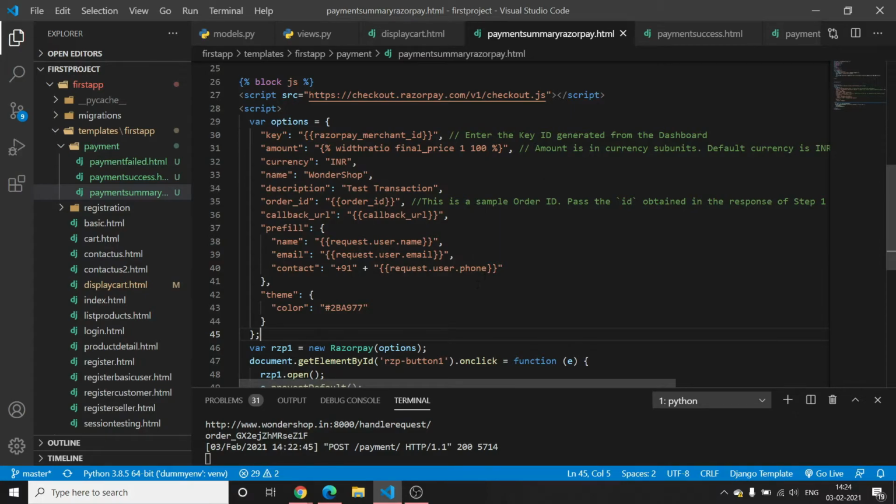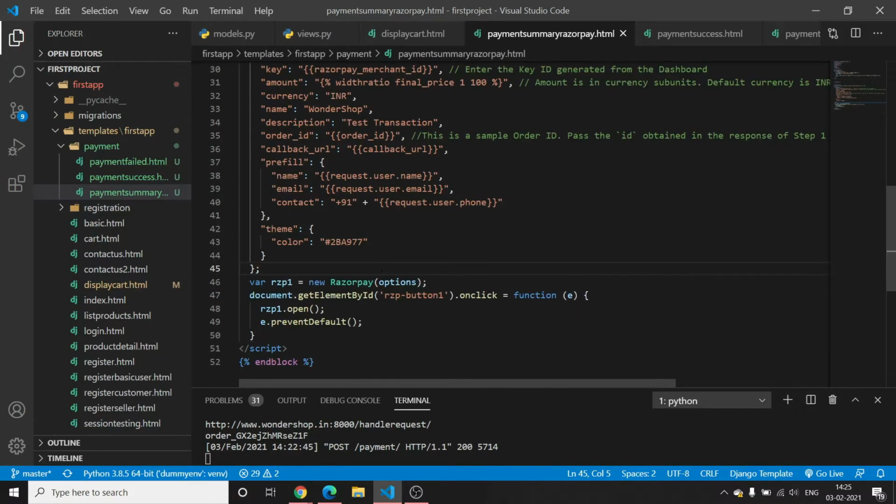Okay, so you can customize from here, and from there also you can customize, but if you customize from here, then this will be given the preference. And what you have not mentioned here, those settings will be taken from what you have provided in your configuration settings on your Razorpay dashboard.